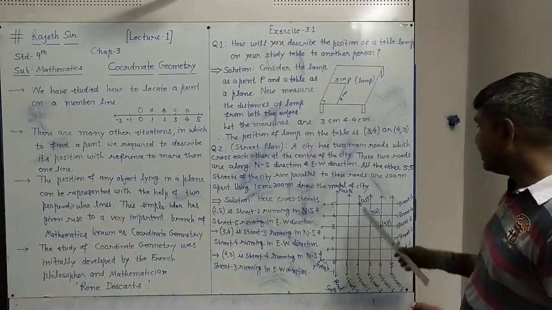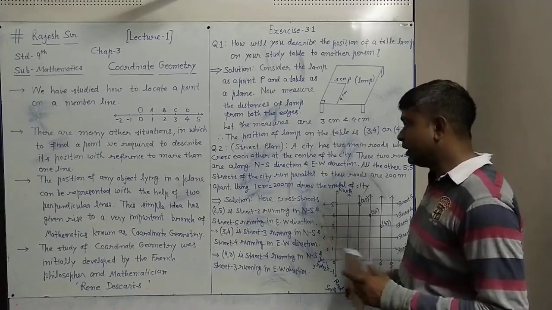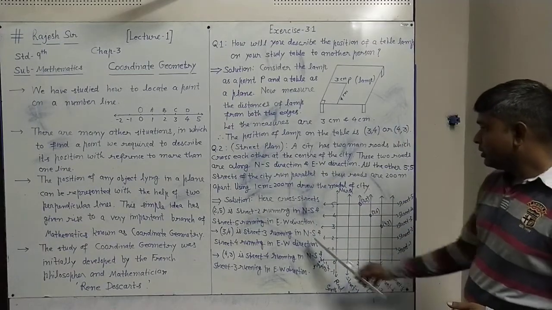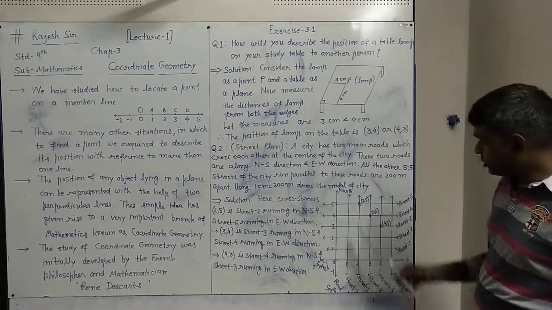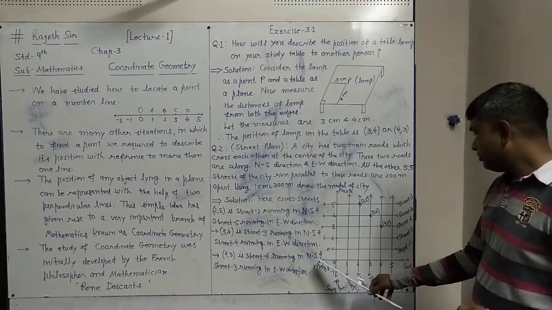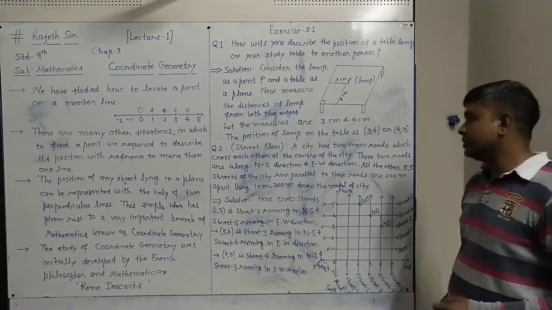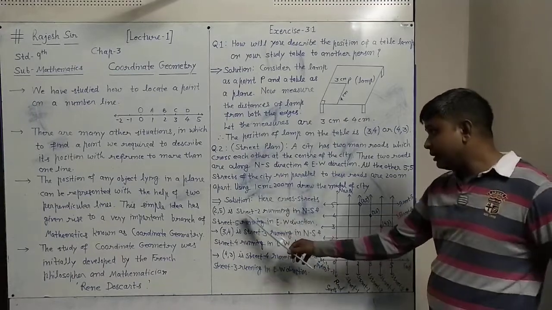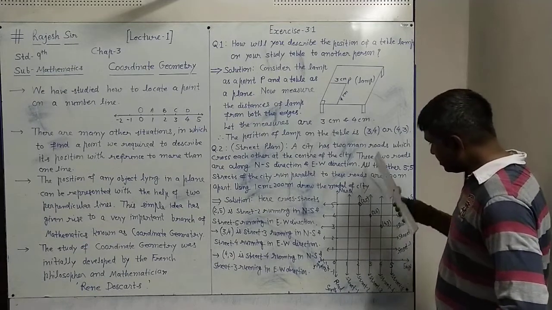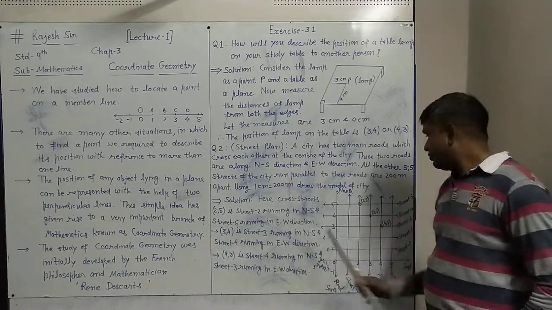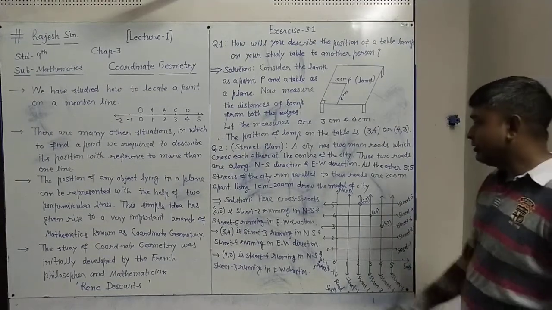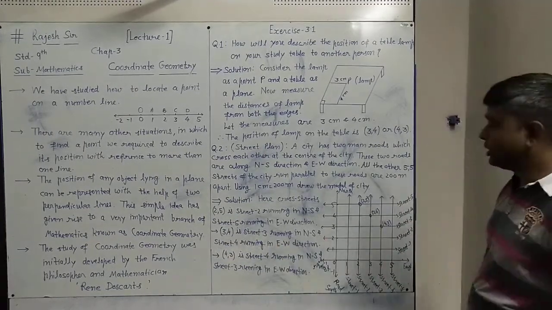About 2, 5 it is given that for cross street 2, 5 we have to refer to street number 2 running in the north-south direction, and 5 is street number 5 running in the east-west direction. So here cross street 2, 5 represents street 2 running in the north-south direction, and street 5 running in the east-west direction. This is it. So in a similar way, how can we tell about 3, 4?